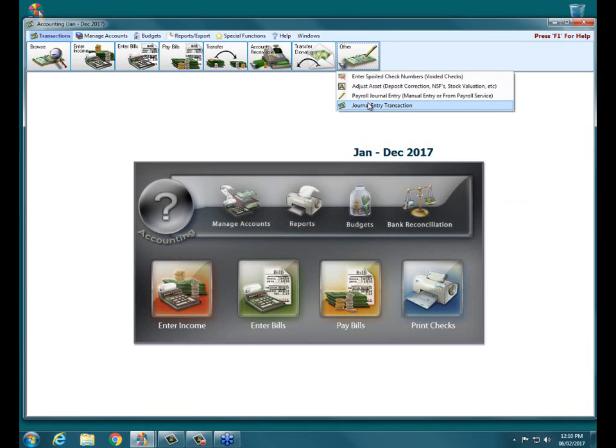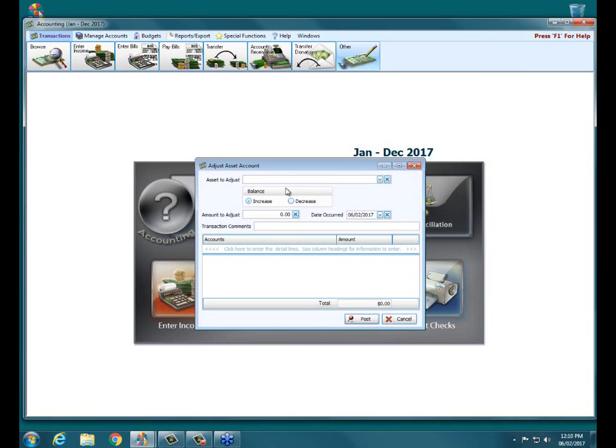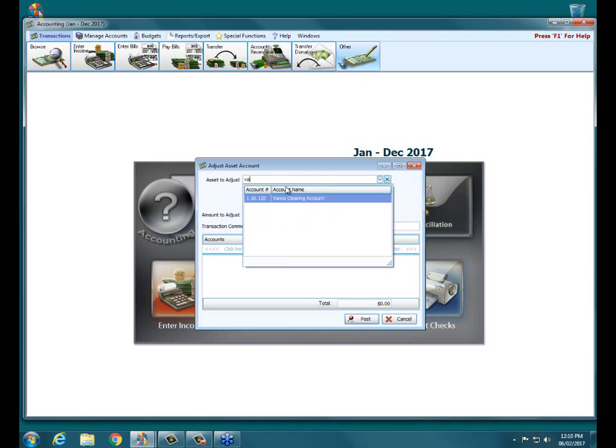I can choose a journal entry. I'm going to choose an Adjust Asset transaction. It's also a journal entry. Right here it says Deposit Correction, NSF, Stock Valuation. We could also add to that, electronic giving fees. It's a journal entry. So here I'm going to choose my asset to adjust is going to be my Vanco